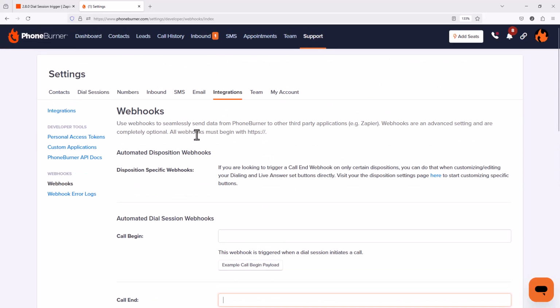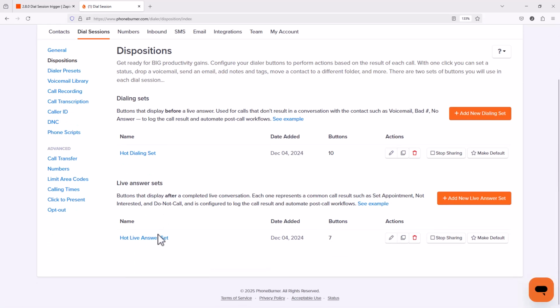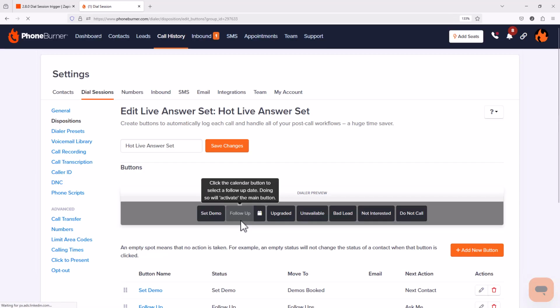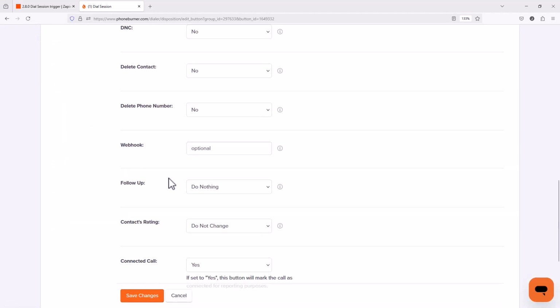You can also add webhooks to dial session disposition. So only in certain dispositions you might want to trigger specific webhooks. And so you can go into a disposition and you can add a webhook URL, and when that disposition is clicked, PhoneBurner will send the contact and call details to that webhook URL, allowing you to capture that information and then pass it along to some other system, right? So this has been around for a long time and something that I would still recommend that most of you